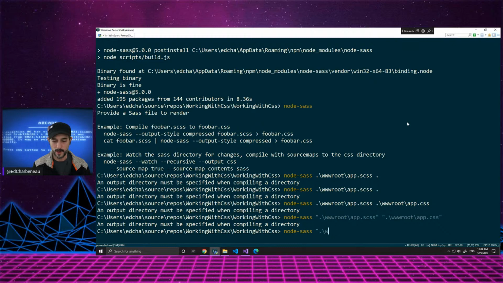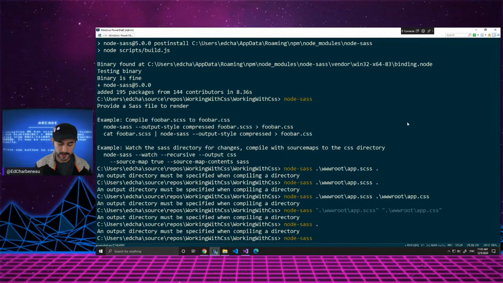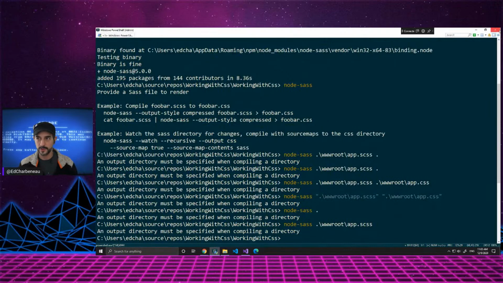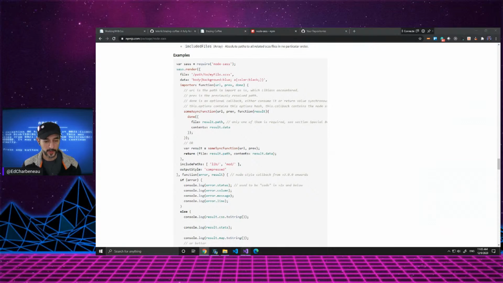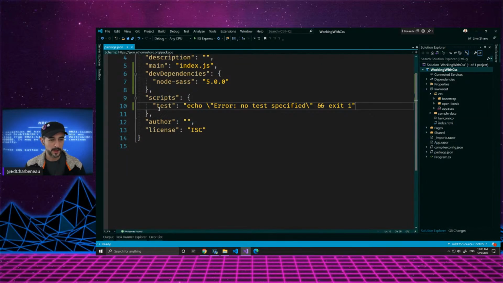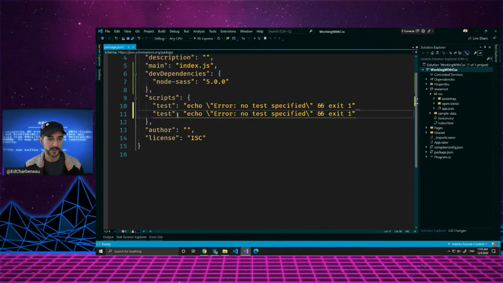All right, it's not cooperating. Or I'm not doing it right, actually. I'm doing this very poorly. I may have something wrong with the pathing that I'm trying to use. Don't want to hang this up too long looking for the solution. Once you get it set up, you create your script. This one already has a test script in it. We'll go ahead and just duplicate this. I can't remember the actual Sass,